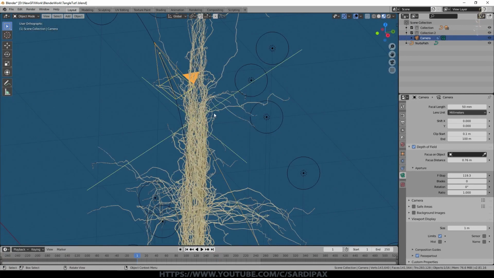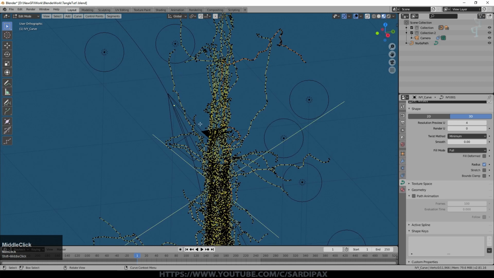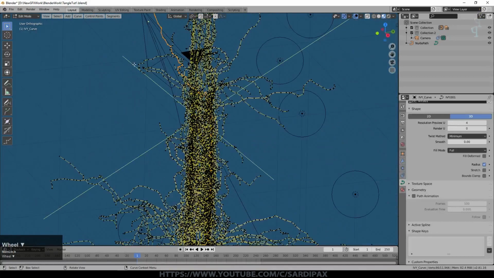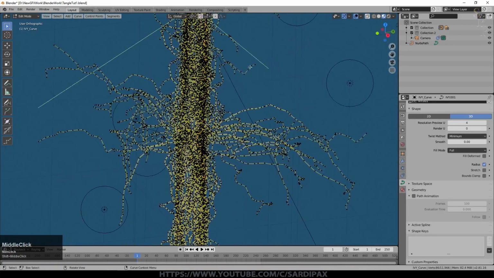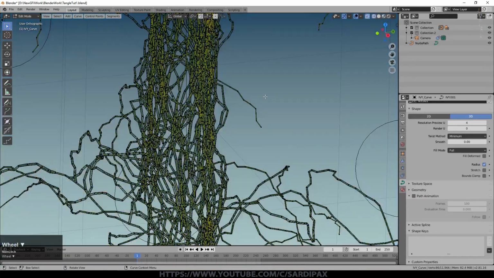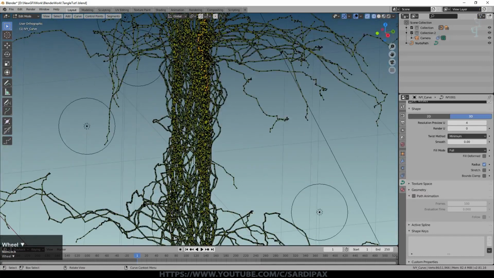I'm going to show you another way that we might want to follow a path for something like this. So if I select my tangle, I go to edit mode. Now I'm going to pick one of the curves, and here's a convenient one. And then I'm going to press Ctrl L. So I selected one of the segments, and I'm going to press Ctrl L. Now you may just be able to make out that that curve, that little ivy stem, tracks all the way through, and this particular one ends up, if I go to wireframe, we might be able to see it. It certainly comes down to somewhere about here. That's where it goes to. If I don't want that one, I could select this one here. Where does that one go?